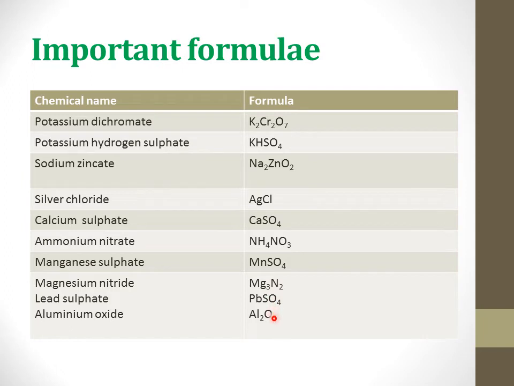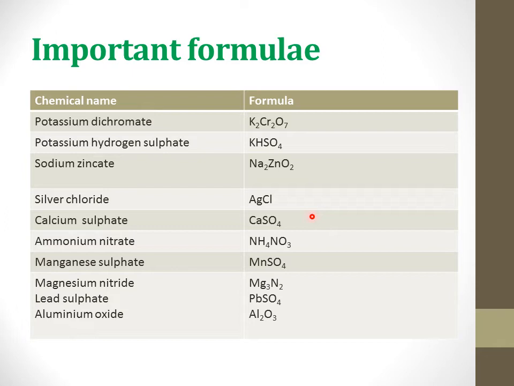In your textbook, many more compounds and formulae are given. Just go through that. It's not easy to study all the chemical names and formulae, but some of them you have to study. There is no shortcut to study the formulae. You have to write and study the formulae. And while writing the formulae, I already told you that in a compound, elements are in a fixed ratio. So if there is any error in writing the number of atoms, that formula will be wrong.